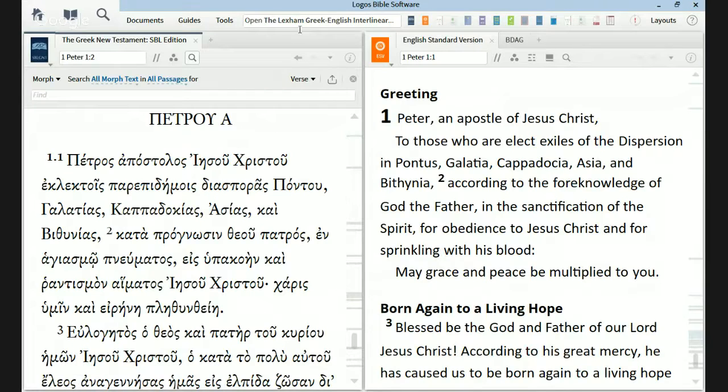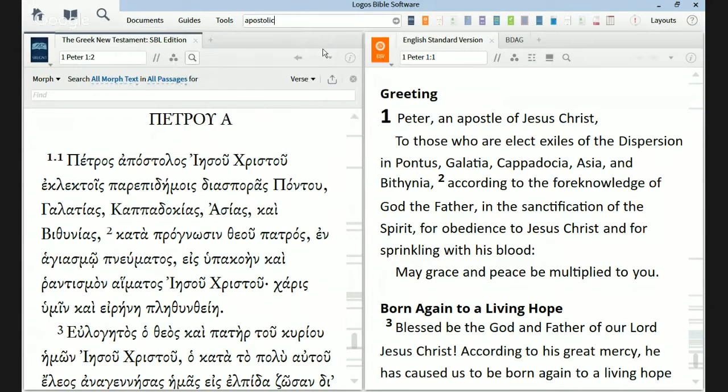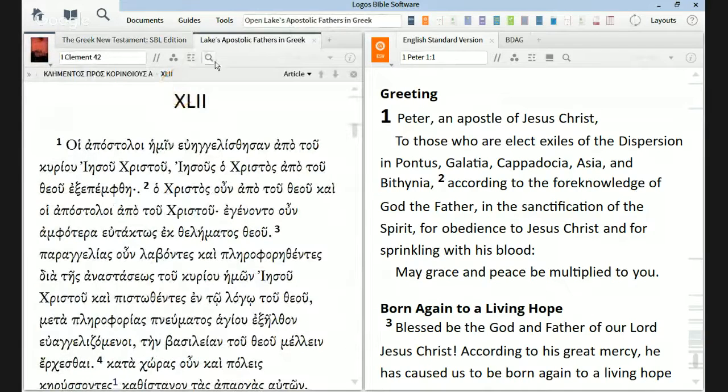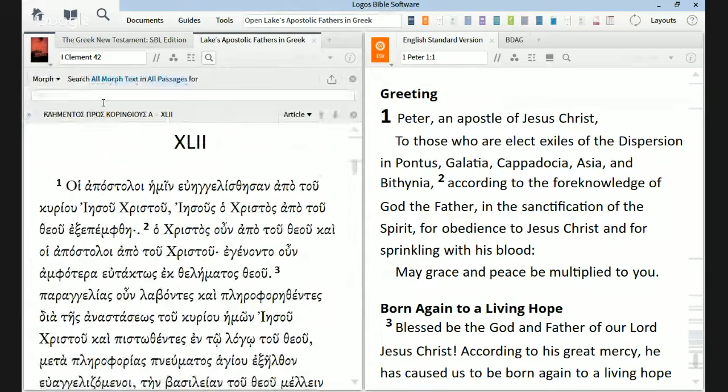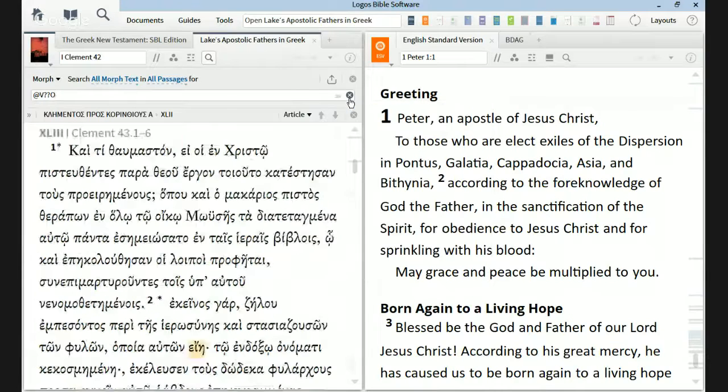Okay? Thanks. And if we go into the Apostolic Fathers, let's try Lake's Apostolic Fathers. Do we get a morph search here? Should do. Yeah. So if we try the same search for the Apostolic Fathers, we're looking at post-New Testament. 52 occurrences in what would be a fairly substantial collection. Okay, so that gives some idea of what we're looking at. Article, reference, search result. Presumably that's just...